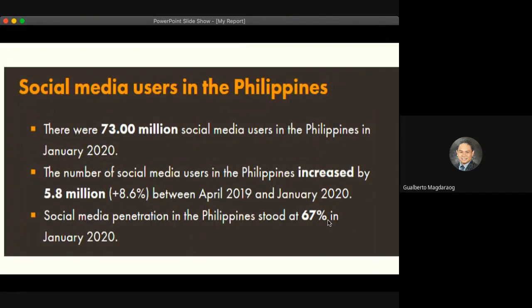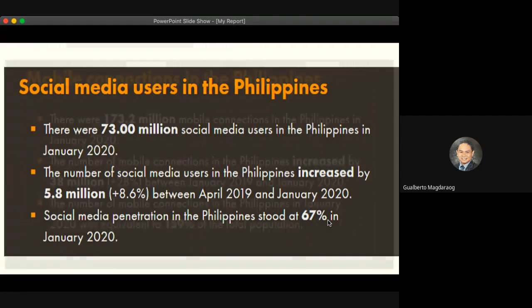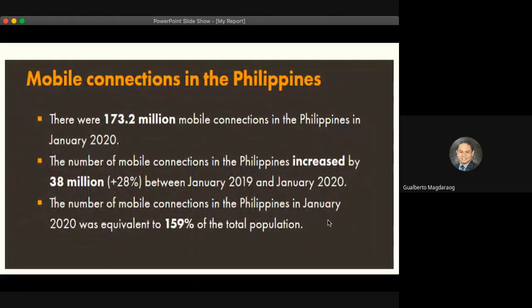Even social media, napakabilis, napakadami nating tao sa social media. The number of social media users in the Philippines increased by 5.8 million. That's positive 8.6% between April to January 2020. Okay, so I think that's how we look at global competition right now. Since everything is online,